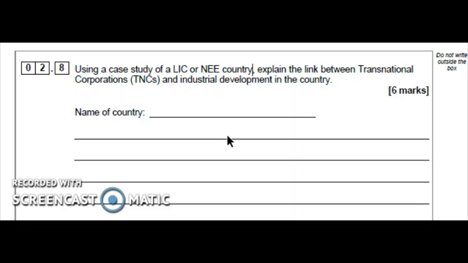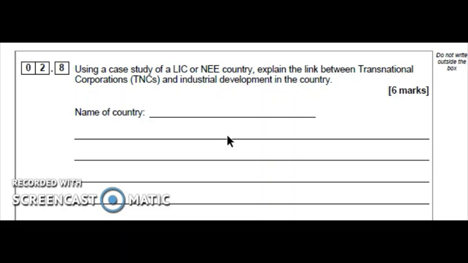There is no real need to talk about the negatives, as the question doesn't lend itself to a balanced argument. But I think for 6 markers, it's good practice if you do. So you could say, okay, the country has developed, there's lots more jobs and money. However, the Nigerian government is also having to pay for the cleanup operation because there have been quite a lot of oil spills when the oil is being taken out of the ground.